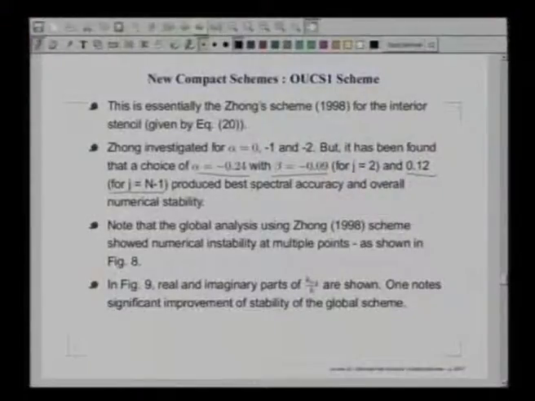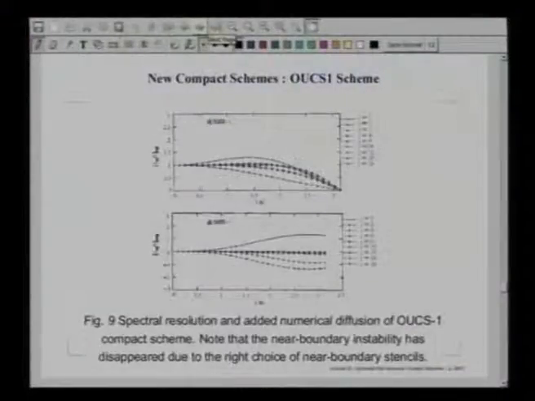And you notice that for our first point we had an explicit scheme, so we do not have to have any fix there. Now, what we can do is plot the properties of this scheme, and you see what has happened. This is what we get for the real part, and we get a fairly decent property, as good or even better than the Zhang scheme,